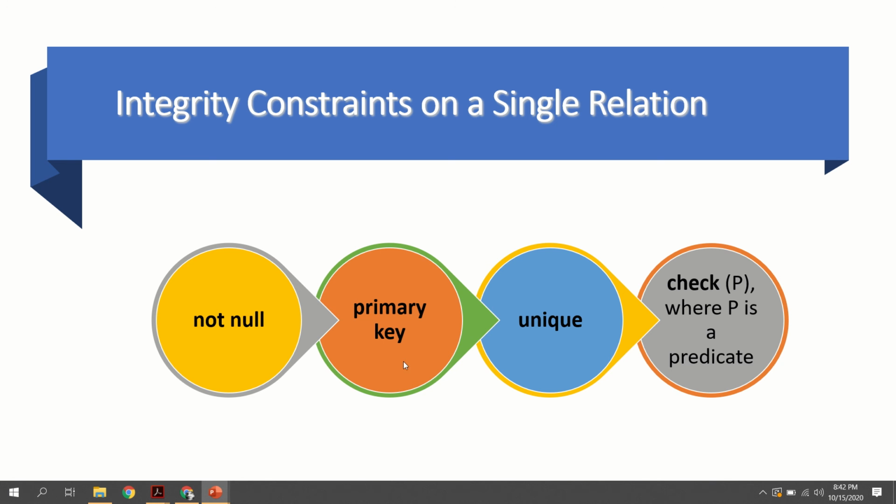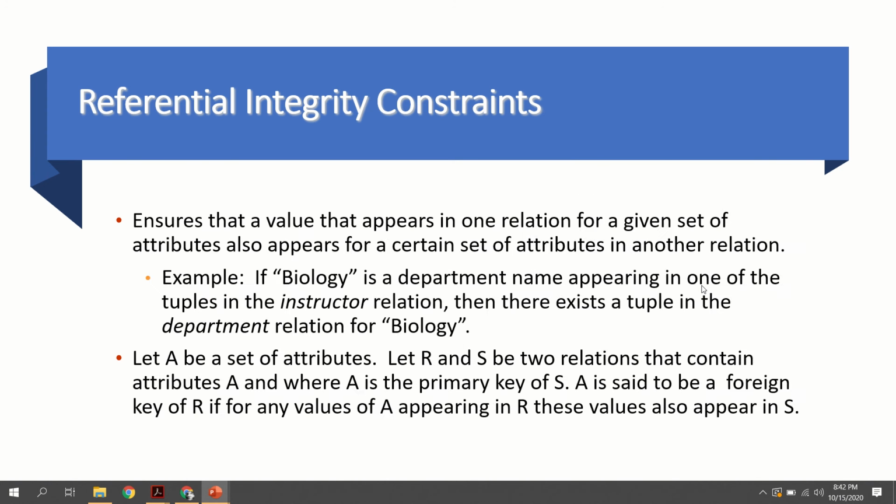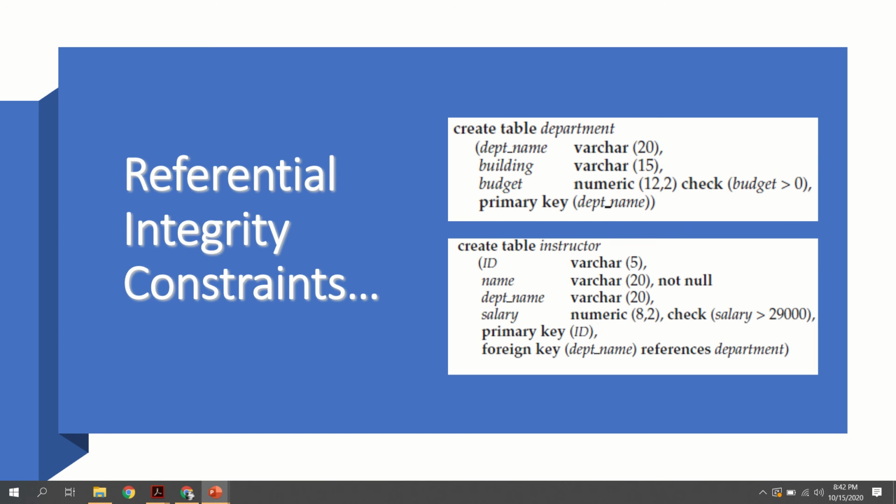One or more columns can be set as the primary key, and you know the conditions for how you select a primary key. The unique constraint we also studied. The next one is the check constraint. Check constraint means that if you want to perform any insertion or deletion or whatever operation on a table, it must satisfy a certain condition, like an attribute value should be this one, or it should be within this range. You can specify different conditions using the check. Then we already studied one more point, that is the referential constraint, that is foreign key,